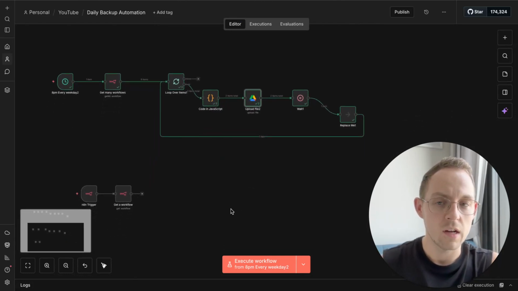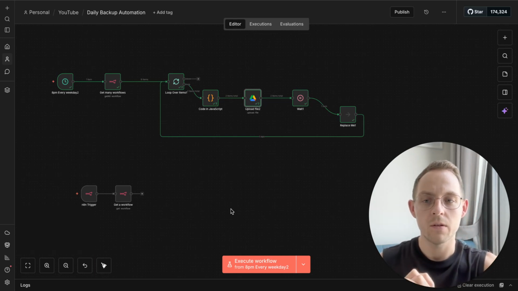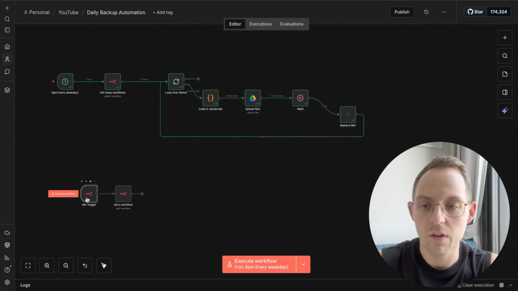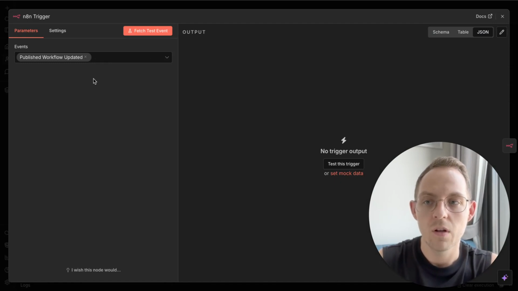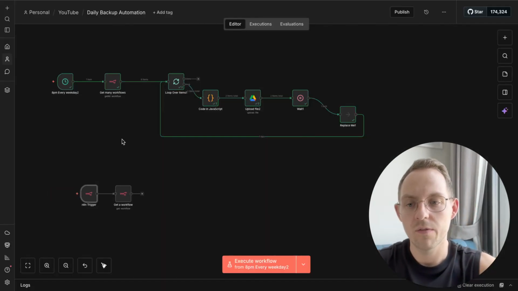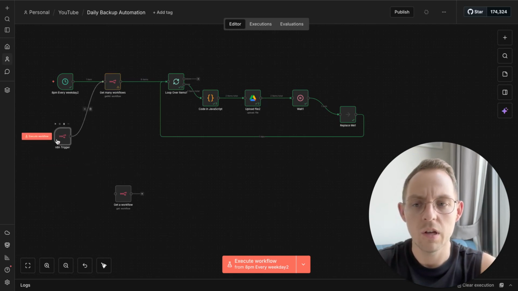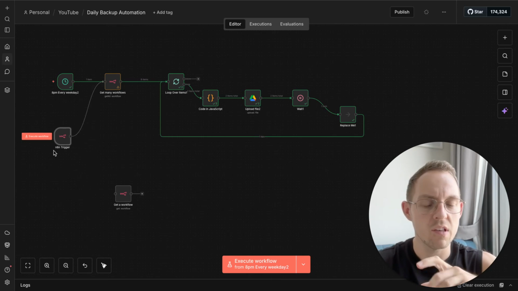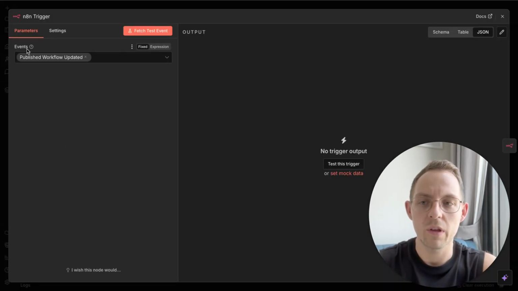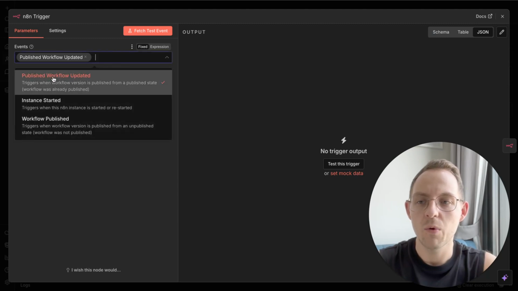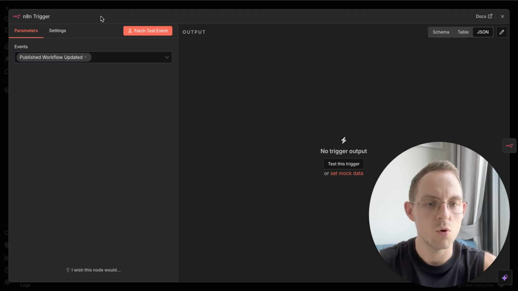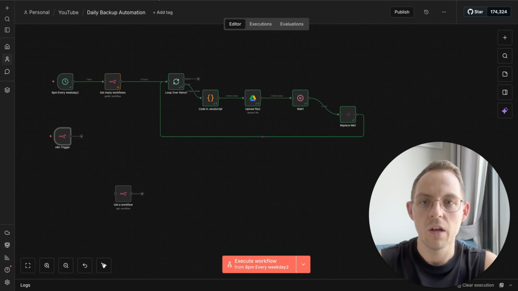What can also be done with n8n? It's pretty good, because we also have the node that we can connect to our automation, and we will have a backup each time someone publishes changes. Because as you can see, we can schedule it on events, and we can publish workflow updates. So basically, whenever someone goes to your automation and makes some changes, we will have a backup stored in our